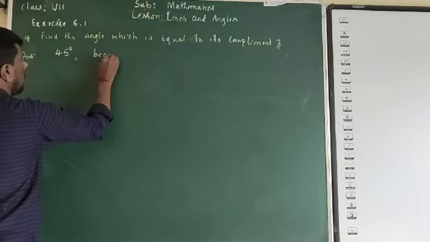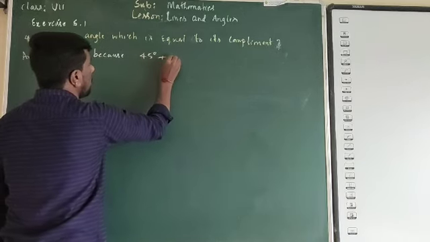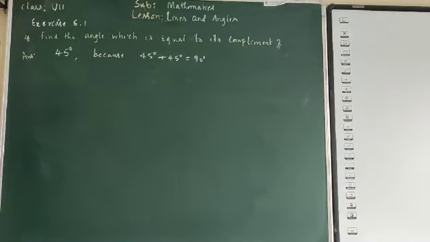Because 45 degrees plus 45 degrees is equal to 90 degrees. Clear? 45 degrees plus 45 degrees is equal to 90 degrees. Therefore it is the complement of itself. Okay, now the fifth question: find the angle